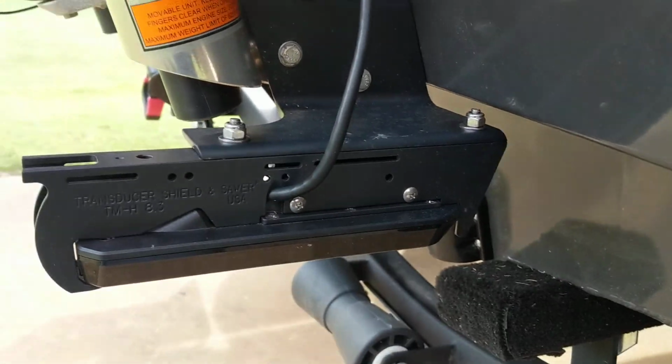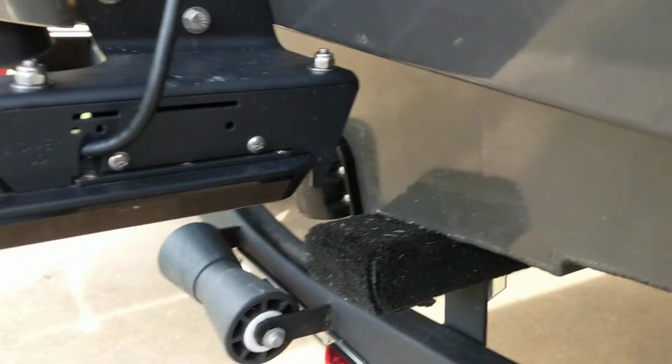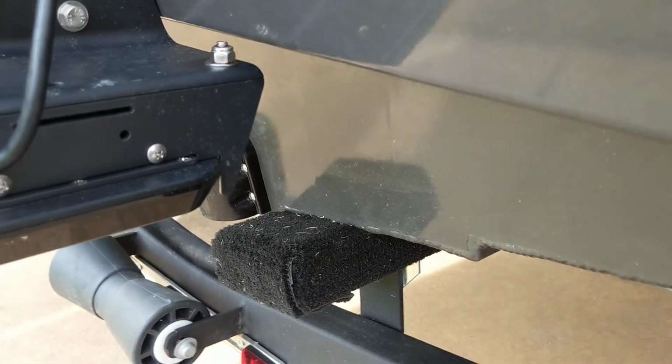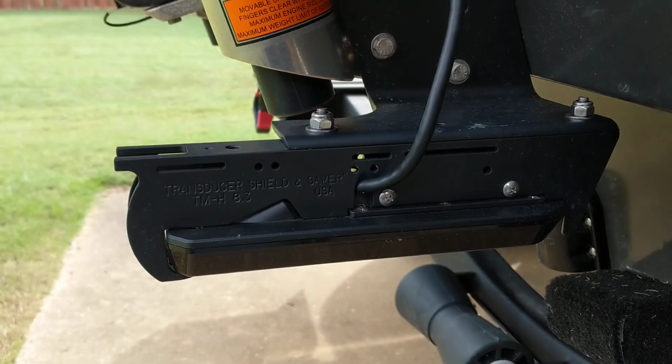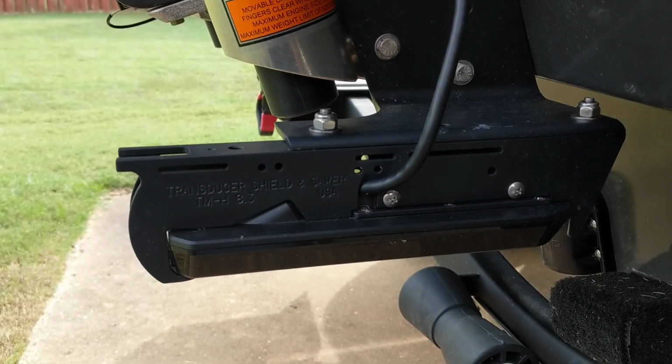Now, my transducer, some people have talked about. I don't want holes drilled in the boat. That just gives you another place for somewhere to leak. So, through transom savers,